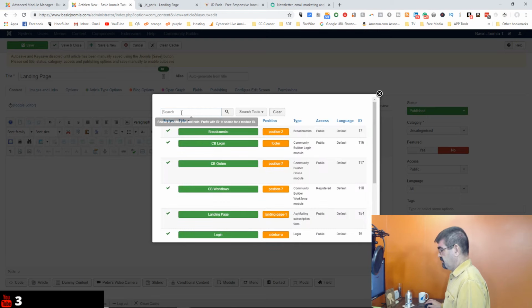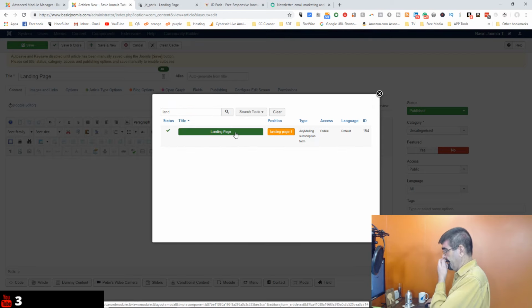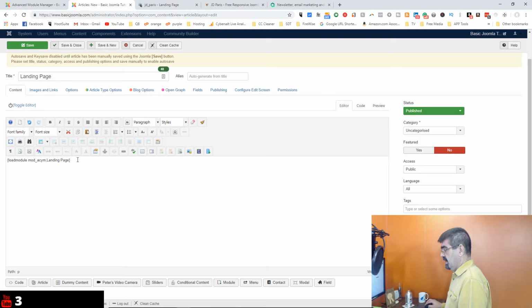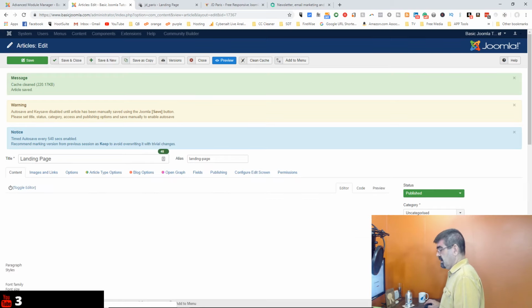and I'm going to search for all my modules that have the word land in them. There's landing page. And now we have this code here that's going to insert that module in that page. I want this to be centered, so I will align center. And now basically I can go save. All right, so now we have an article with the sign up